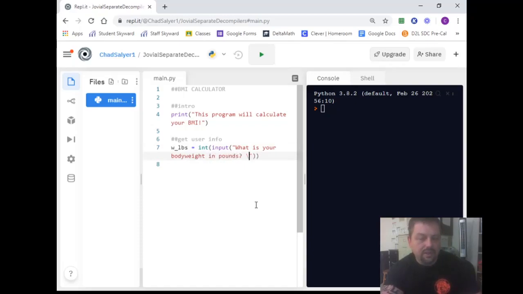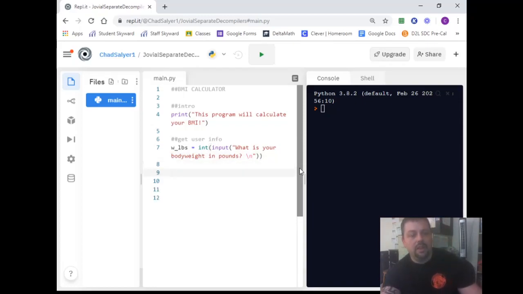And I'm going to do this at the end, which makes it go to the next line. Just a little formatting thing, makes it look nicer. So now I have this variable that is going to hold the information for me, and that's going to be an integer, and it's going to be whatever the user put in for their body weight in pounds.